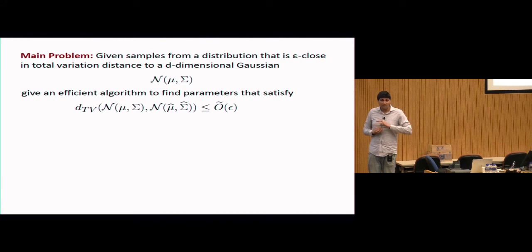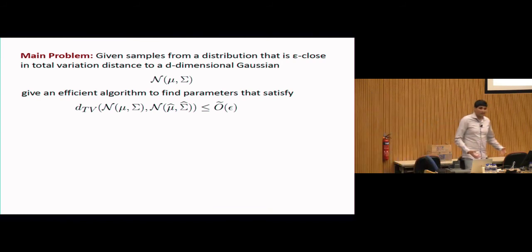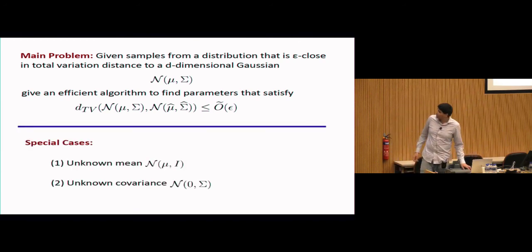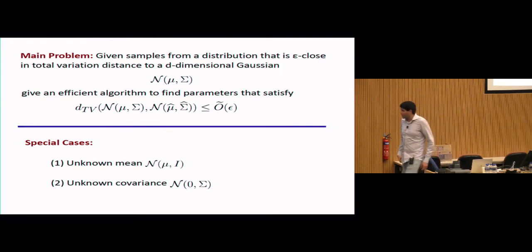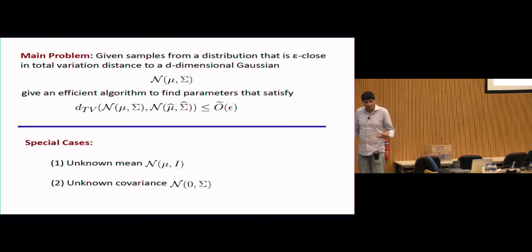My adversary is allowed to move me in total variation distance, so the goals of my algorithm are the same. I want to be close within total variation distance, and it's a nice guarantee that's actually invariant to changing the distribution according to affine transformations. So it has lots of wonderful properties. And there'll be two important special cases that'll help me get to the heart of what's known and what some of the new results are.